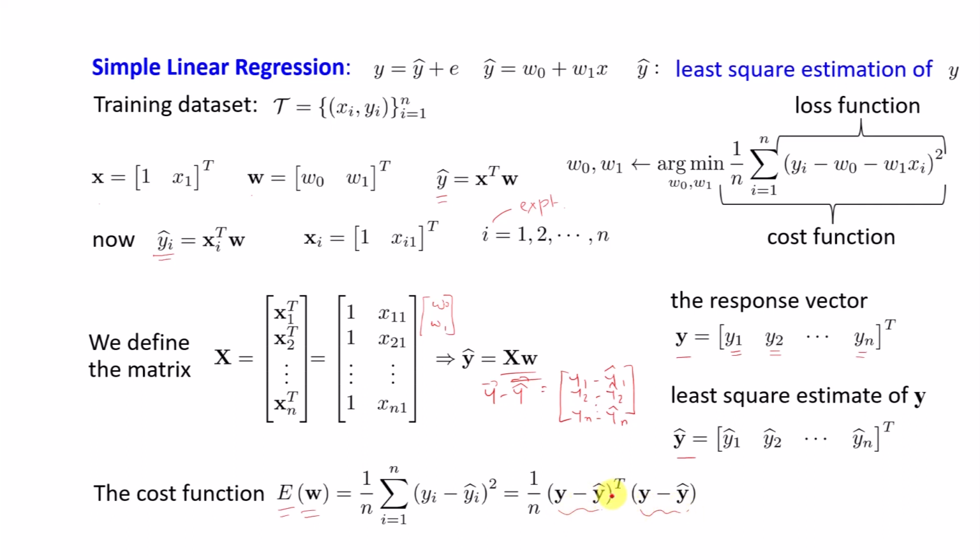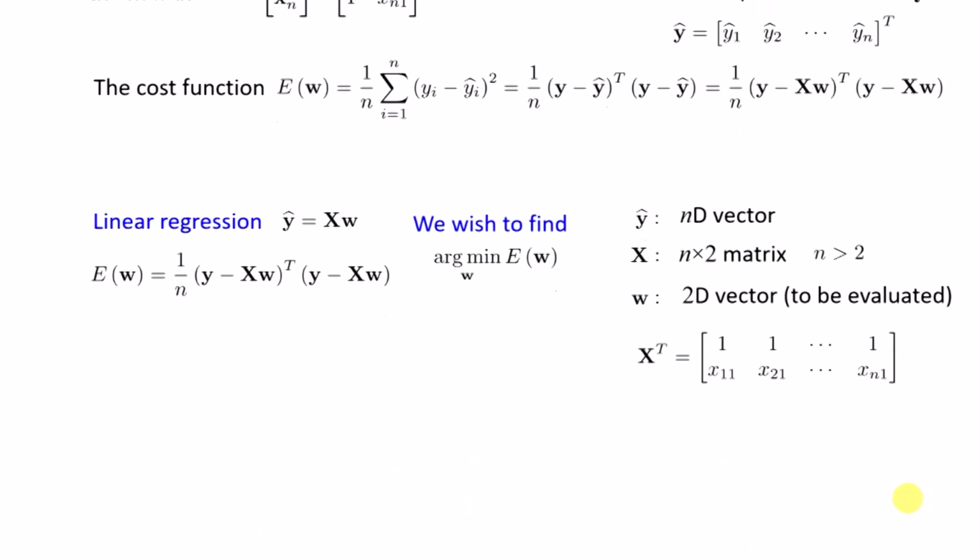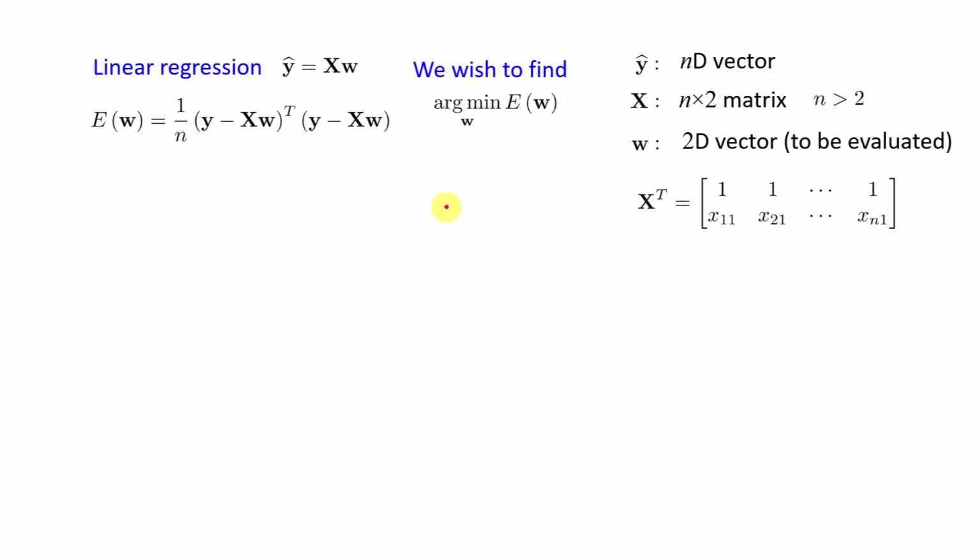So y minus y hat transpose times y minus y hat is a dot product of the y minus y hat vector with the y minus y hat vector. Now we know that the y hat vector is xw, so I can write this as 1 by n, y minus xw transpose, y minus xw. So moving further,